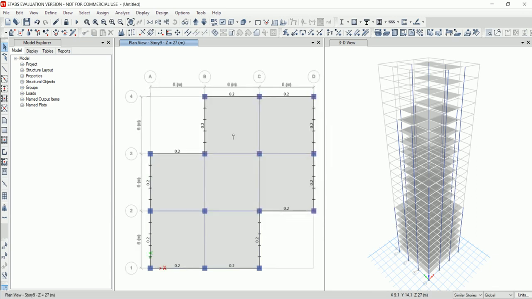Now go to stories between 15 to 19. In the same way, select the external beams.